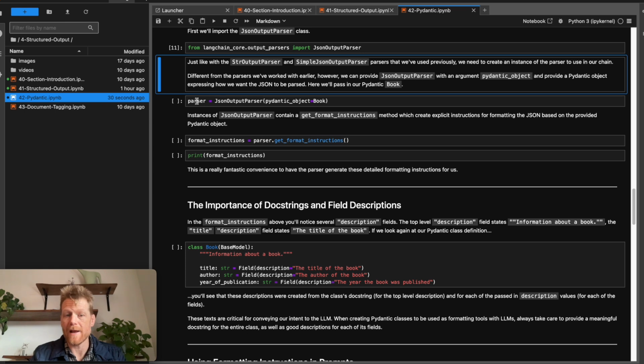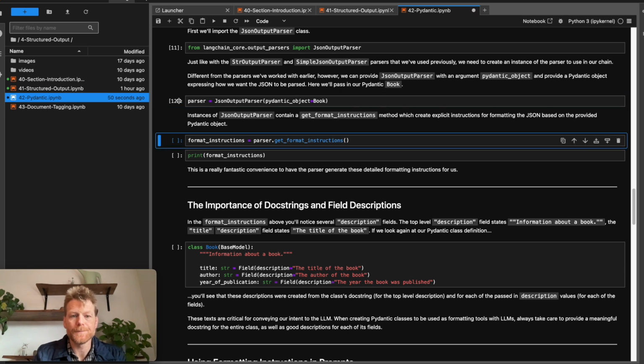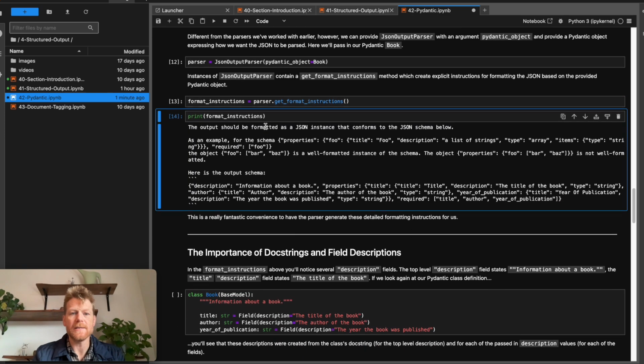Okay, now we have parser, and instances of JSON output parser, like parser, contain a method. The method is called getFormatInstructions, and this method will help us create explicit instructions for formatting the JSON based on the provided Pydantic class. So let's take a look at that. So we're going to invoke the getFormatInstructions method on our parser instance. And then if we take a look at it, you can see